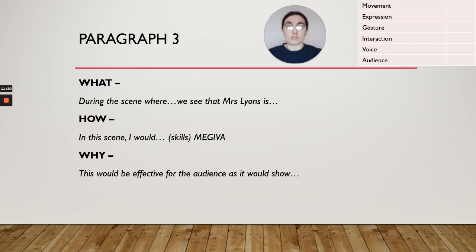So I'm going to talk you through how I would write paragraph 3. So same thing, I'll talk you through how I'd write paragraph 3, and then you're going to have a go at writing paragraph 3, and then you're going to be a little more on your own for paragraph 4. So if I was going to do this,